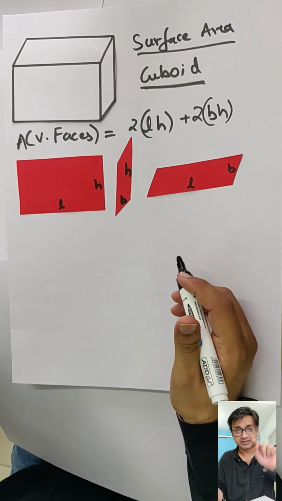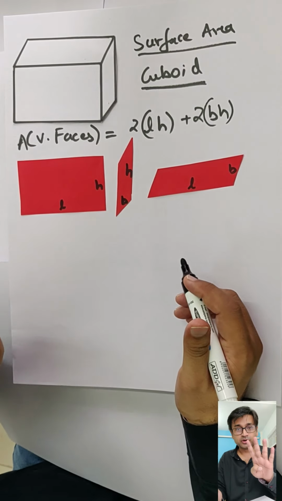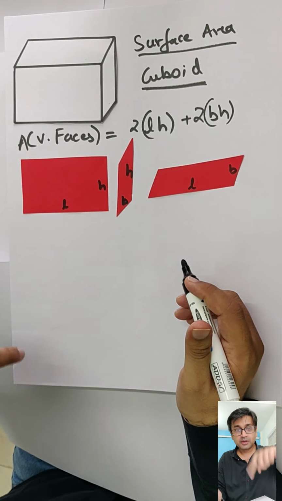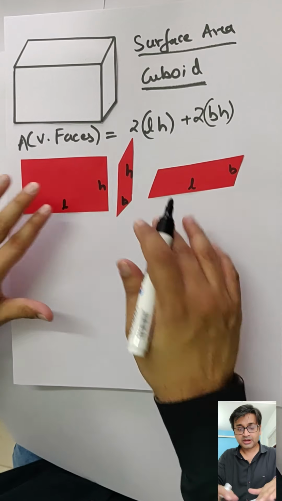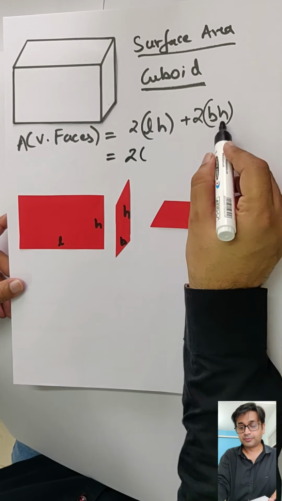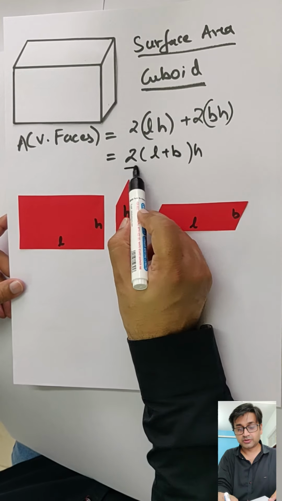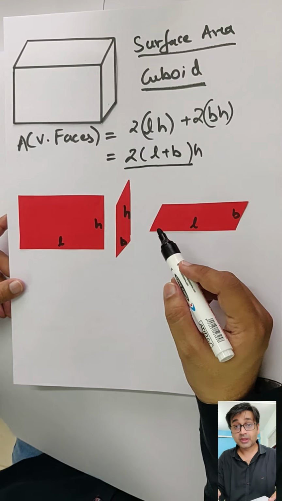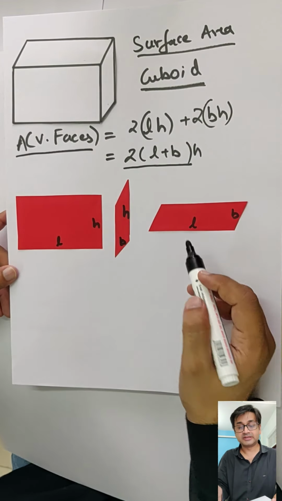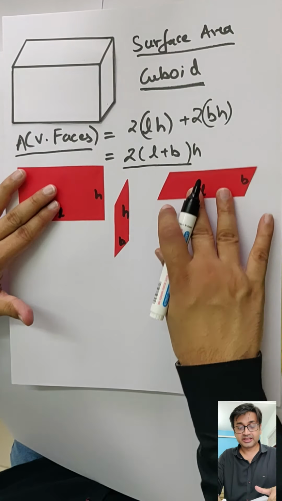When you look at the room that you are sitting in right now, you will see 4 walls. Those 4 walls are called the vertical faces, whereas the ceiling and the bottom, that is your floor, both are your horizontal faces. Okay. Now what can you pull out common here? So I can pull out 2 common, I can pull out h common. What is left is L plus B. Now I'm not writing 2h together, just to make you understand that this is nothing else but perimeter, twice length plus breadth into height. So whenever you want to find the area, basically you take the perimeter of one side and multiply it with the height. Alright, so that is the area of vertical faces.